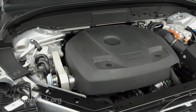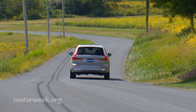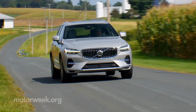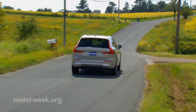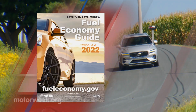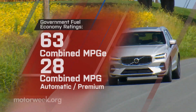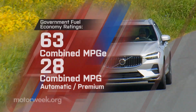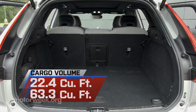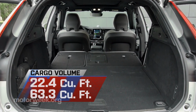That's a borderline insane amount of power for what appears to be a mild-mannered suburban grocery getter. Even more importantly, the all-electric range is now a daily errand-friendly 36 miles, more than double the original 17. The government combined rating is 63 mpge for gas and electric, and 28 mpg for strictly the gas engine. XC60 cargo capacity is a good 22.4 cubic feet, with folding seat backs expanding space to a competitive 63.3 cubic